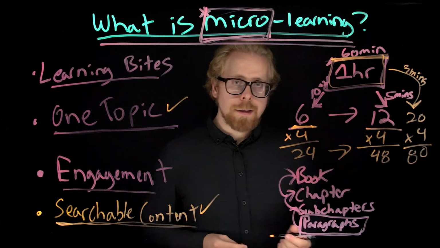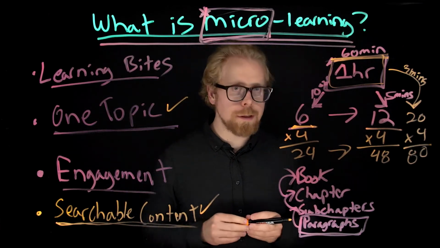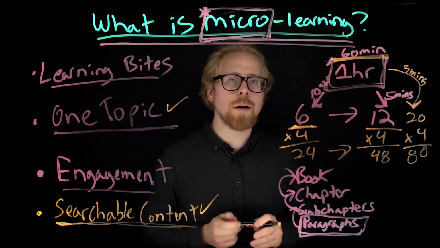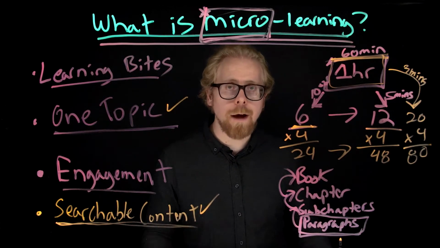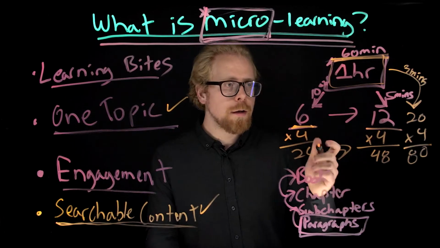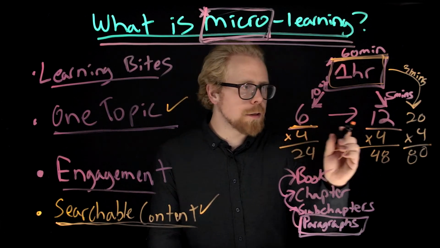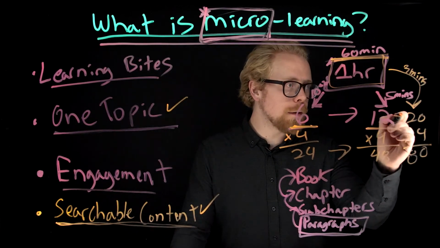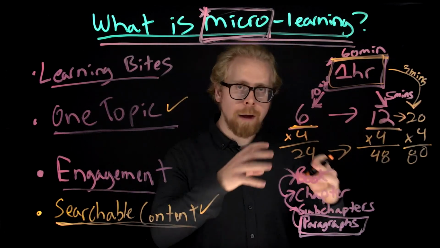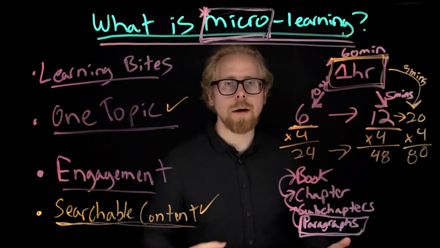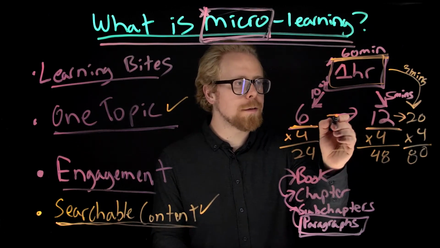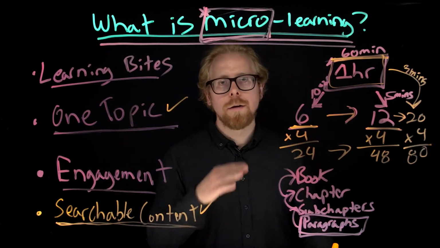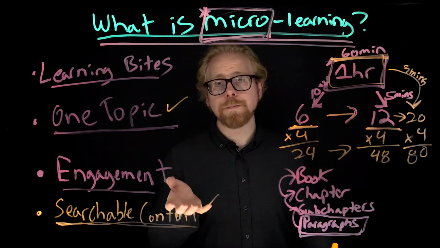The cool thing about this, why we like these formulas, is it takes the guesswork out. Now you don't have to look at the 1 hour and be like, oh God, how do I break this down? It's like, okay, well, no matter what, it's going to be somewhere between 6 and 12. Maybe it's between 6 and 20 if I want to get really, really down to the subtopics of the topics. But really, you just have to focus on breaking it down to 6 to 12 pieces of content. Not that difficult to do.